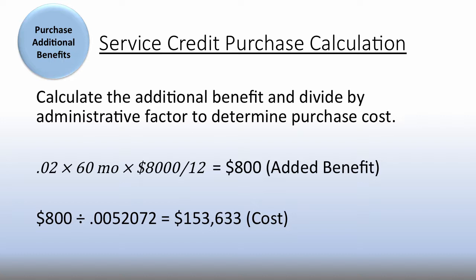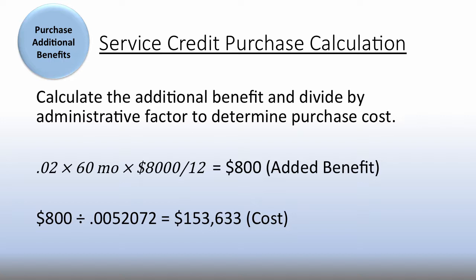So if I'm calculating my benefit on 20 years of service, now I'm calculating it on 25 years of service credit, assuming I buy the maximum of 5 years. So I'm going to have to calculate how much is the impact on my benefit. In this case, because I wanted to use months rather than years, the 2% times the 60 months times 8,000 divided by 12 to put it onto a monthly figure means I'm going to add $800 a month to my benefit if I buy 5 years of service credit. That's what this 60 months is. I'm saying I want to buy 60 months. It's the same thing if I just plugged 5 in there instead of dividing by 12. I would have gotten to $800 per month.